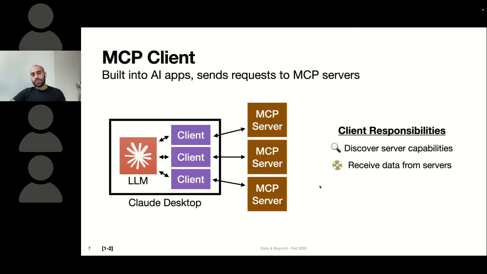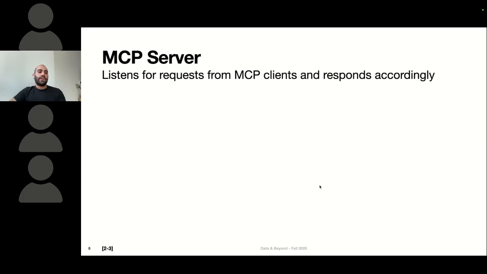receive data from servers. So, the LLM might be calling a tool saying like fetch email, like fetch inbox or something like that. So the client's going to pass that to the server, and the server will respond with all the emails in the person's inbox, for example, and also managing the tool execution. So actually, taking the text that the LLM generates for the tool call, passing it to the server, and getting back the response. Then the other key component here is the server.